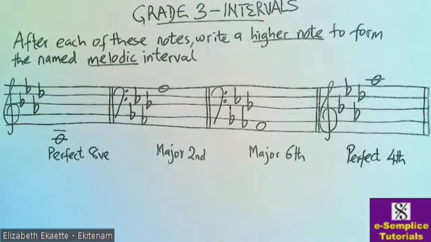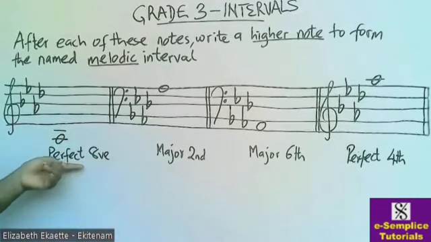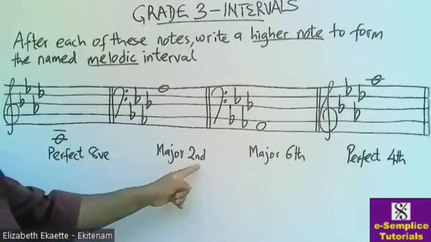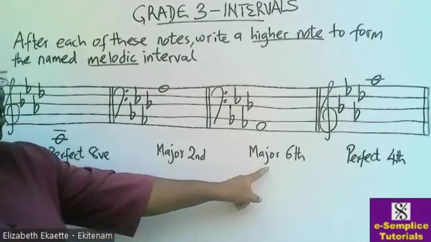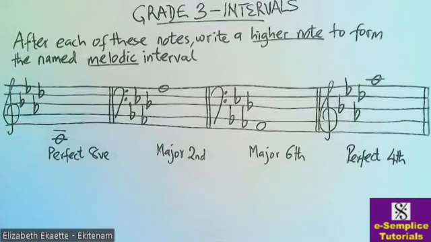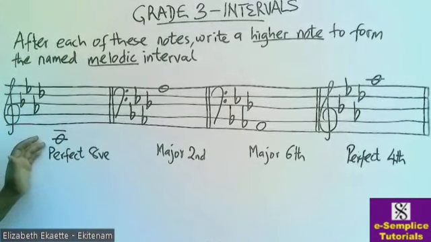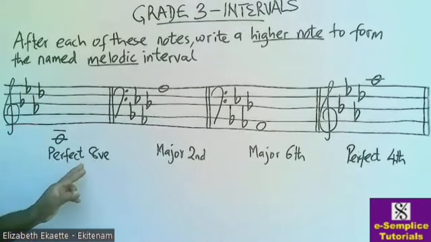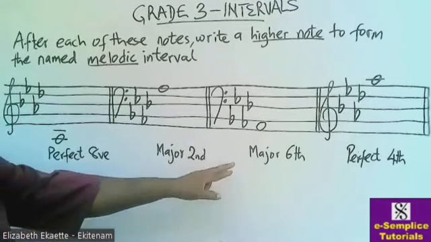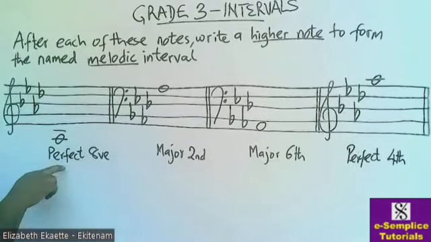Now, how do we resolve this? Remember, every interval has a number and a quality. From the questions we are given, perfect is the quality, but octave is the number. Major is the quality, second is the number, major is the quality, sixth is the number. So intervals come with numbers and quality. The first thing you do is write out the numbers first. That is, write out octave here, write out second, sixth, and fourth, before we will now come to consider the